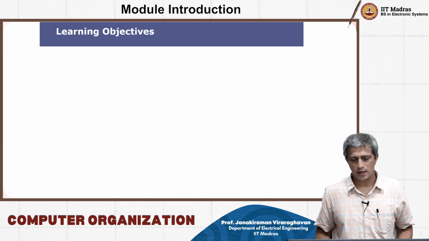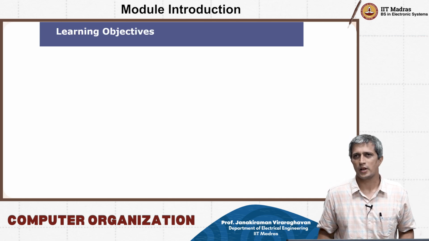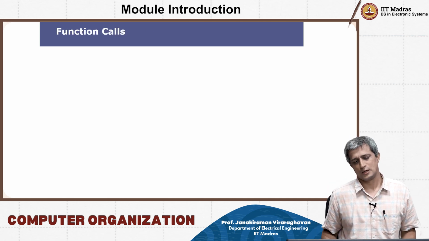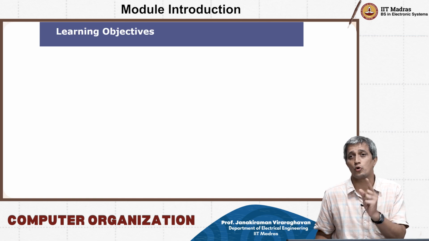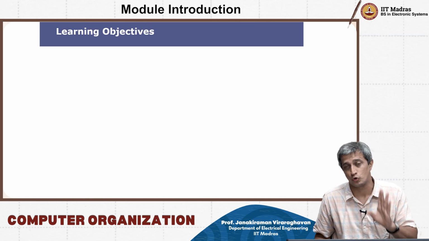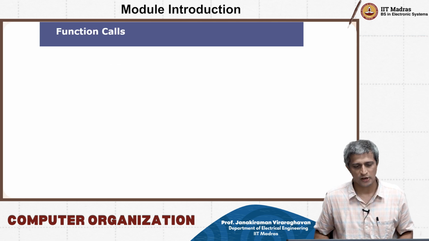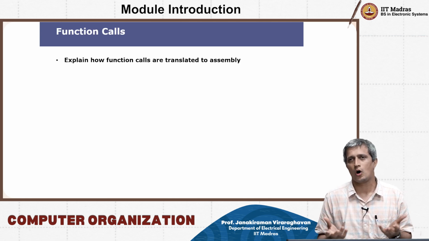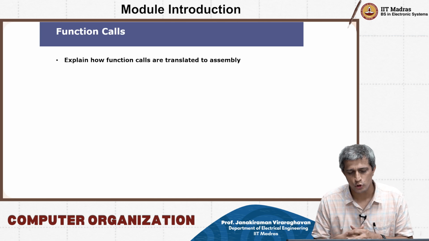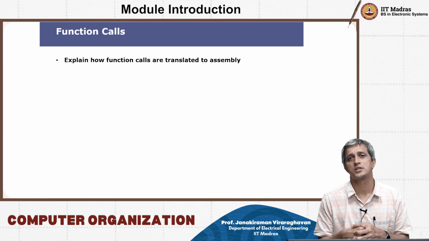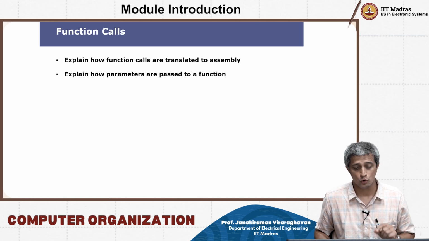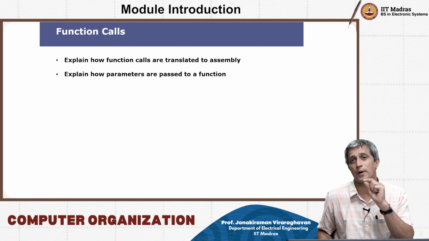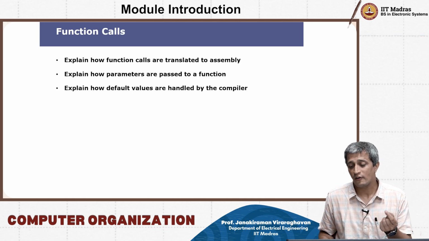So what are the learning objectives that we are going to cover in part 1? Okay, what are learning objectives? By the way, learning objectives are the things that you should be able to do as a student after you finish this course. So with respect to function calls in C, you always write functions, right? So you should explain how function calls are translated to assembly language, right? You should be able to tell us how parameters are passed to a function, how default values are handled by